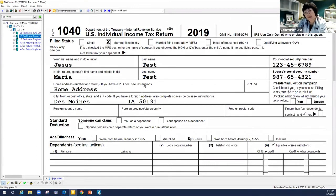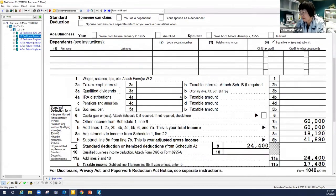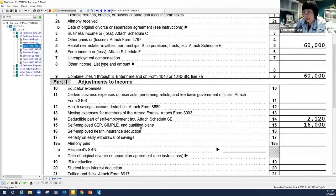This one, see, they got married. They are filing jointly. And, well, they don't have kids yet. Not that fast. COVID-19 does help, but takes quite a few months to do. And here, we have 60, of course, because we have a 30,000 plus 30,000, both of their income. But now, if I look into my schedule, you see, Jesus, he still qualifies for the